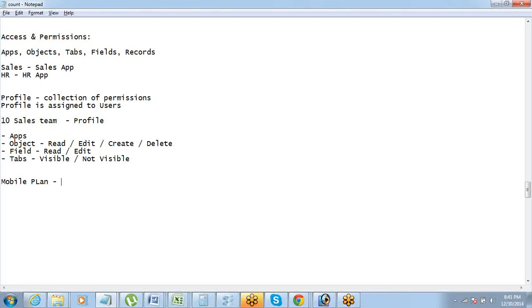So when you take the plan, what all channels you can view, that depends on the plan that you have taken. The same way, what a user can do depends on what profile has been assigned to him and what all permissions have been put on that profile. The only good thing about this profile is the administrator will control what all permissions are to be put on a certain profile. Fine.